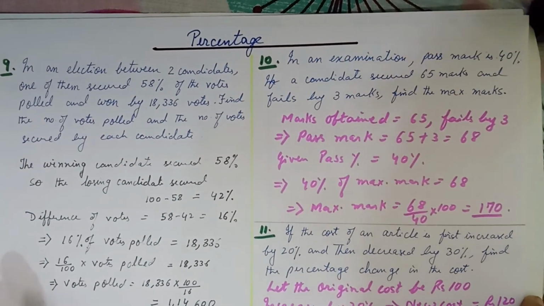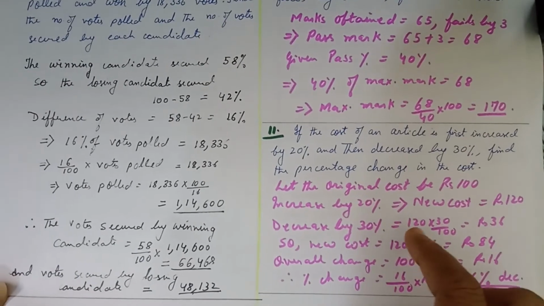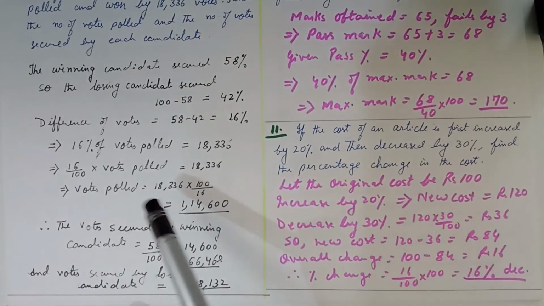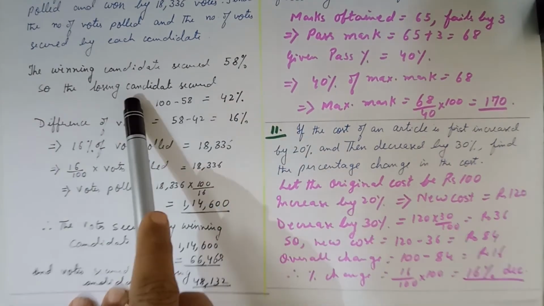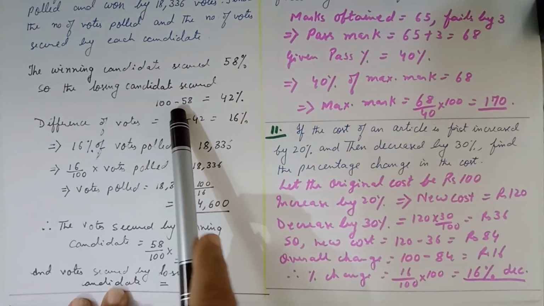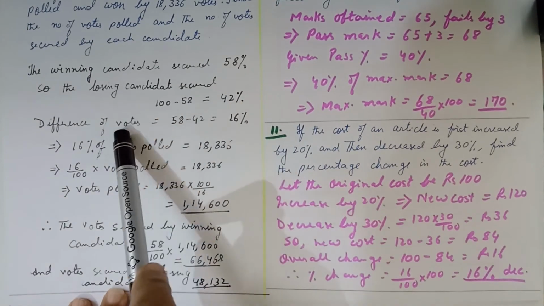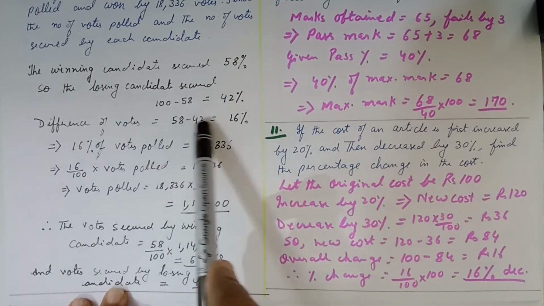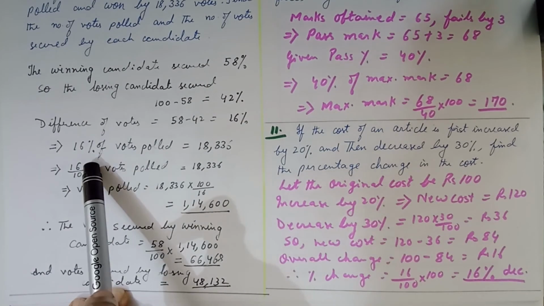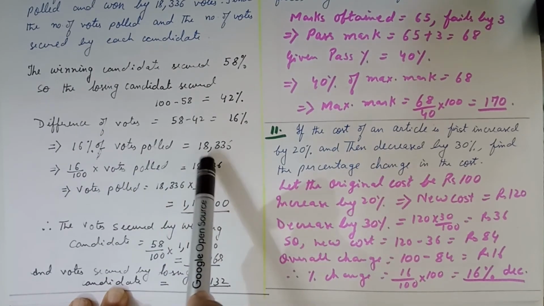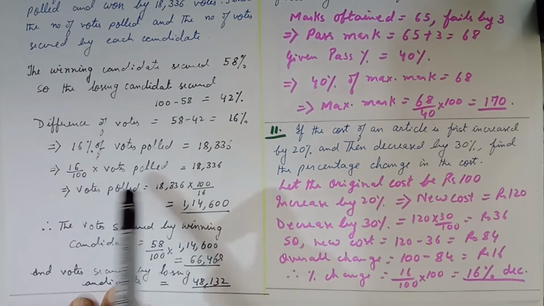So the winning candidate, let me show you this way. The winning candidate secured 58%. Definitely the losing candidate must have secured 100 minus 58, 42%. What is the difference in the vote percent? Subtract the two. It is 16%. So 16% of the total votes polled is equal to 18,336, which I just now explained in the question. Substitute